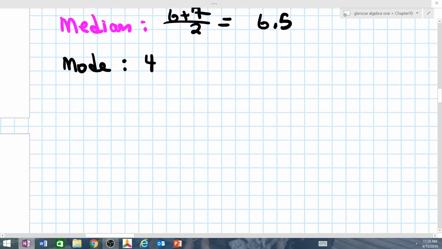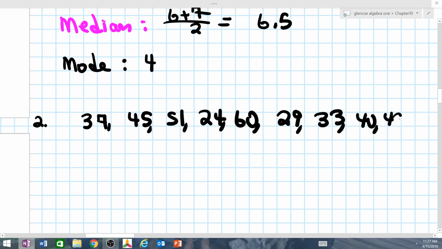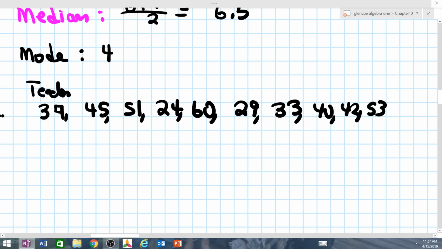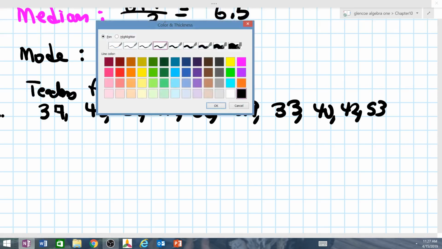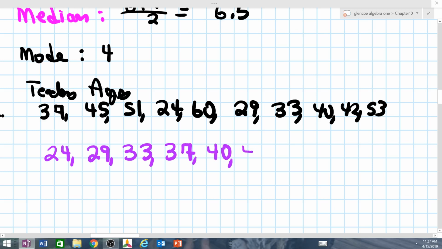Okay, question number 2 was teachers' ages. And so we had 37, 45, 51, 24, 60, 29, 33, 40, 42, and 53. So these are teachers' ages. Okay, so let's put them in order from least to greatest. Least to greatest. Who is the youngest? 24. Then what came next? Then 42. Then